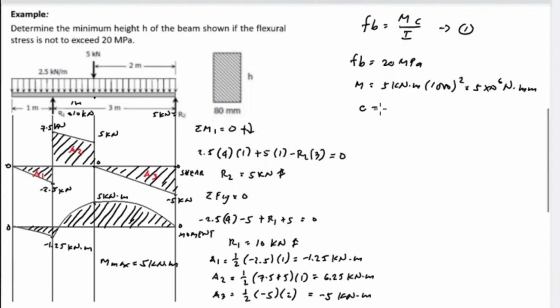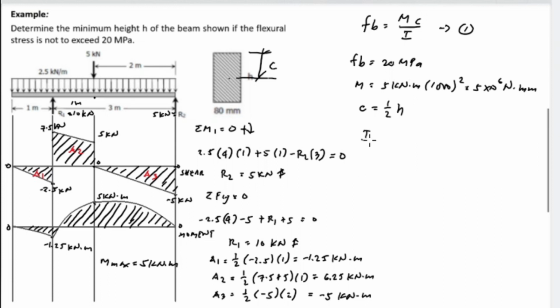Next, C, the neutral axis for the rectangular